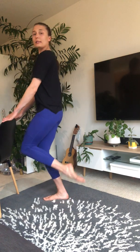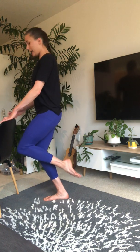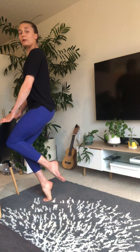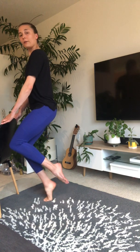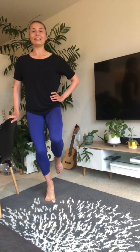And so what I want to start with is plie, releves. So you're going to lift one leg off and make sure your weight is on that standing leg. You're going to stay with a bent leg here, and you're just going to raise your heel for 10. 1, 2, 3, 4, 5, 6, 7, 8, 9, 10,